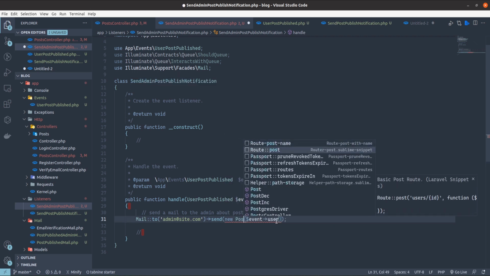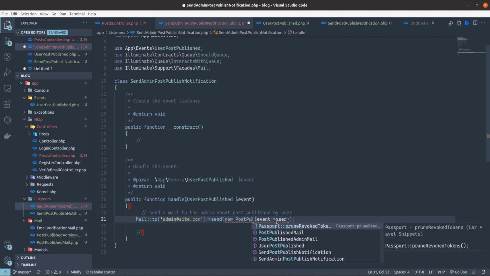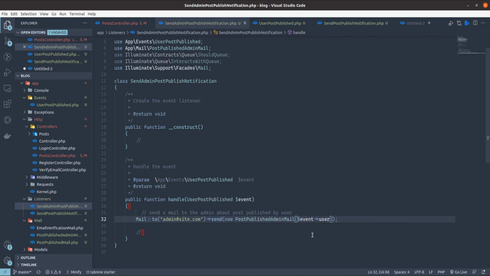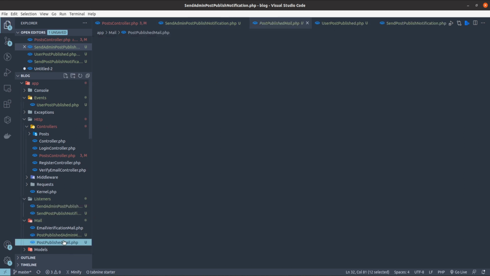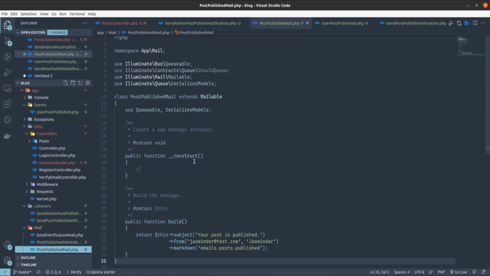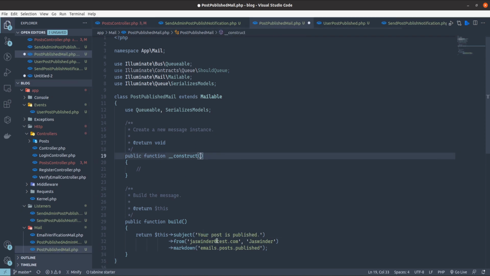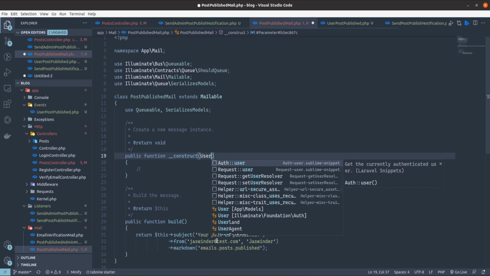So post published admin mail, now it is good, right? So we need to send both the user information and the post information in both of these mails, right? Then only you would be able to use the object inside your mail template, right? The mail template. So let's fetch the user